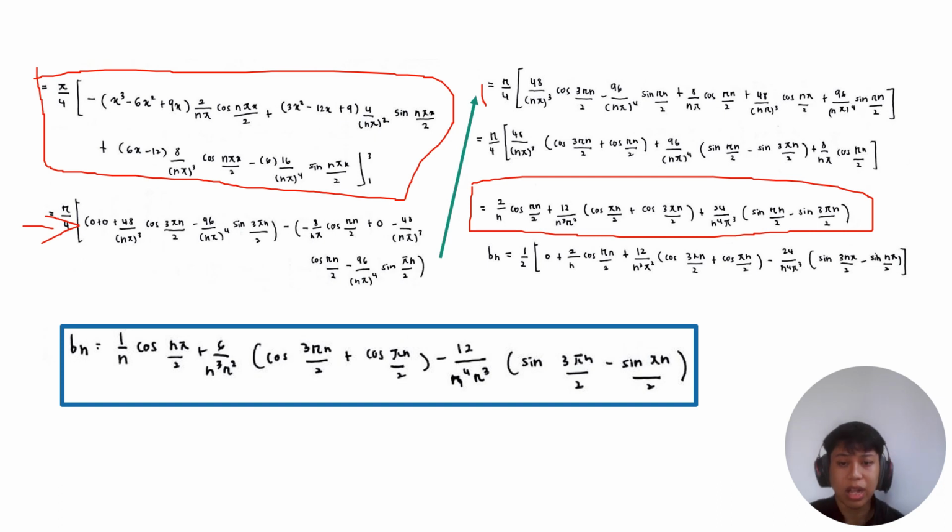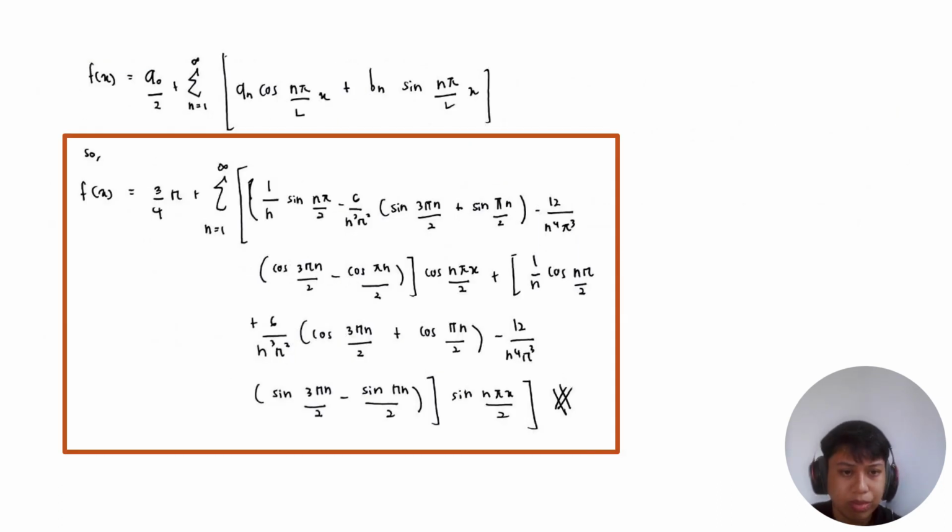After that, we got our a naught, an, and bn. We can put them now into the series. This is the formula of the Fourier series. Fx equal to a naught over 2 plus the sum of an cos n pi x over L plus bn sin n pi x over L. So the final answer is fx equal to 3 over 4 pi